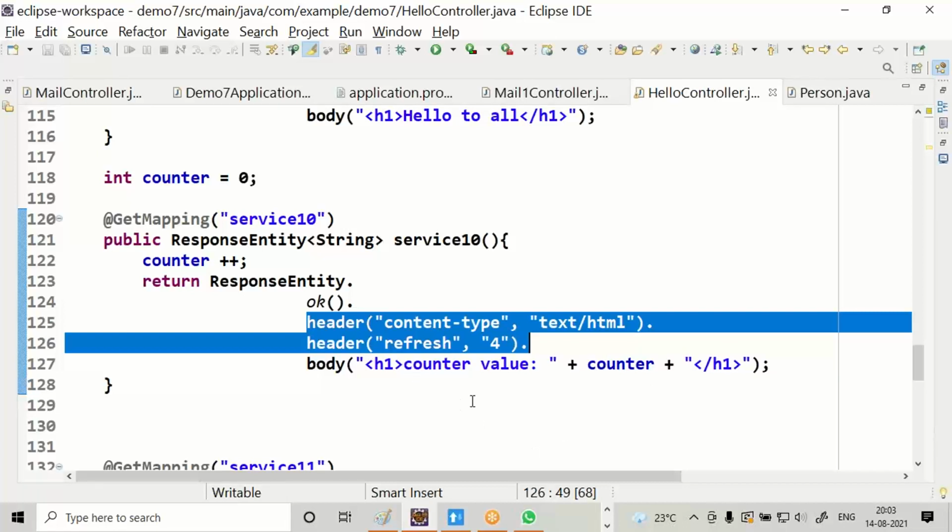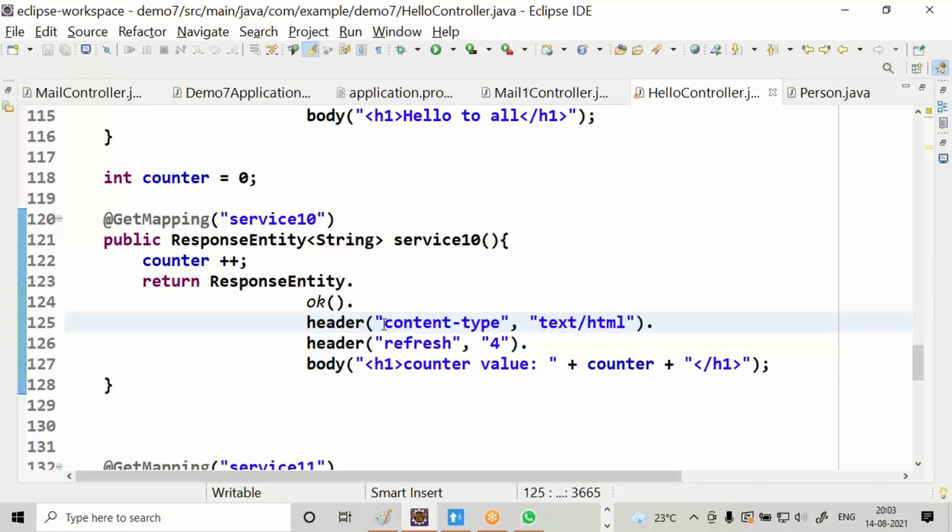We are providing two pieces of information to the browser. One is content type. The second one is refresh after 4 seconds. Now the browser will automatically make a request after 4 seconds. Auto refresh.